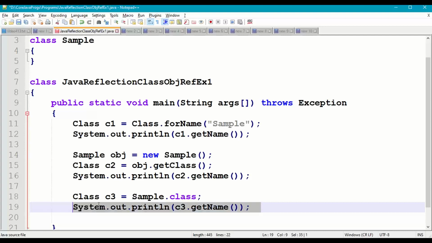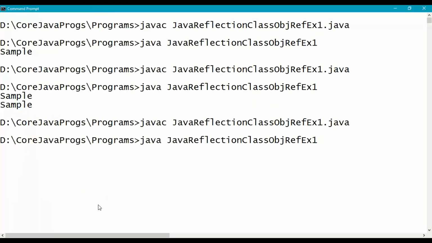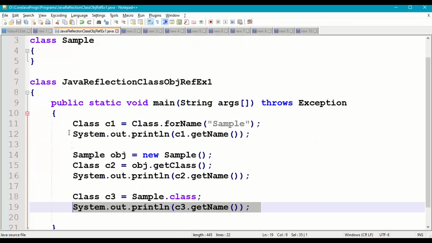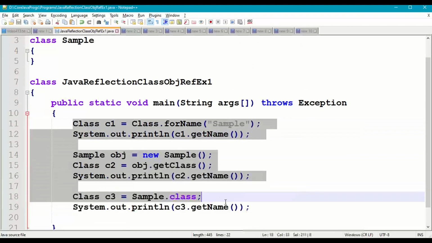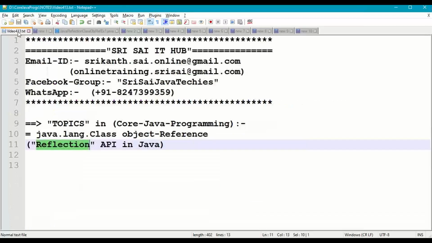So it should give the answer as Sample. So save this, recompile, and then run. So this is Sample. So this is how we have to work with Class object reference variables in three ways.